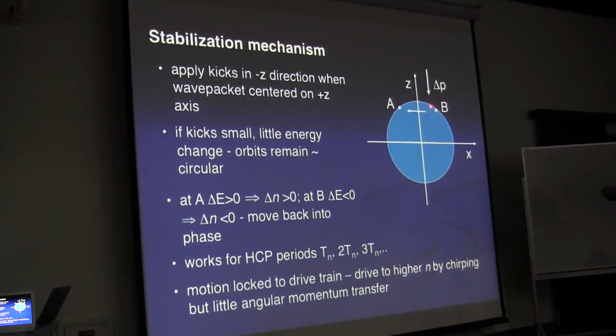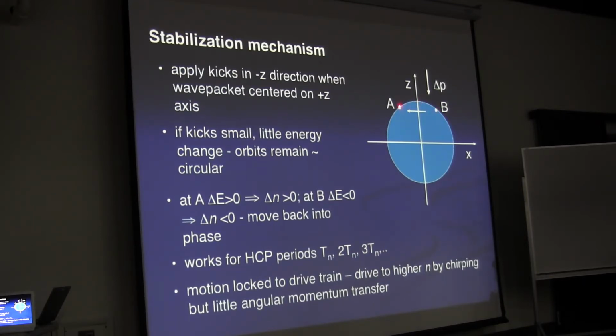What happens if I consider that part of a wave packet that is here? Well, we'll take this thing to be going anti-clockwise. Well, it's coming in this direction, right? So it has a component in the direction of delta P. So when I kick it, it loses a little bit of energy, delta P sub z, delta P, right? So what does it do? It drops to a lower n state. Its orbital period picks up. So it was originally a little bit behind in phase. It hadn't quite gotten here. But now it's dropped to a lower state, so it's going around faster, so it catches up.